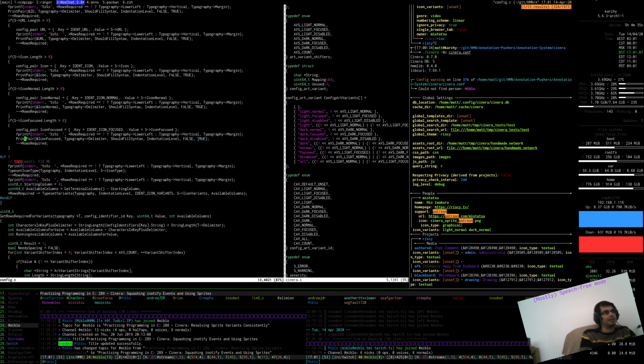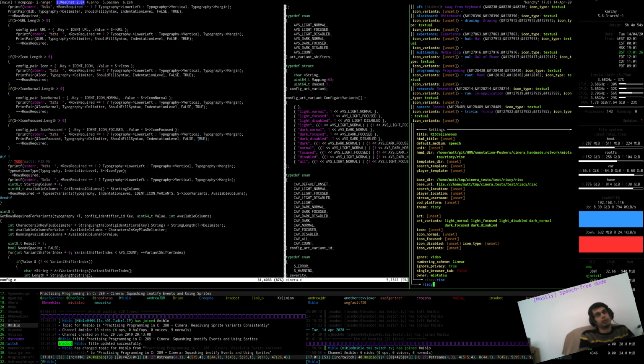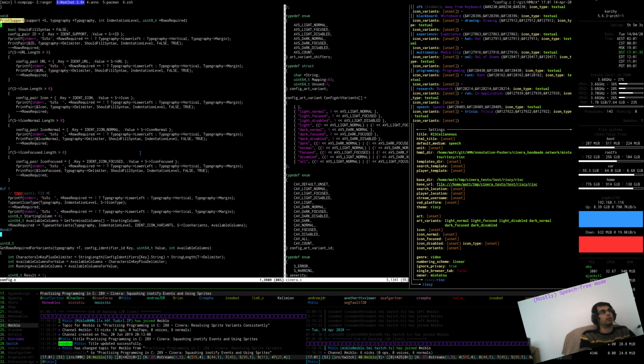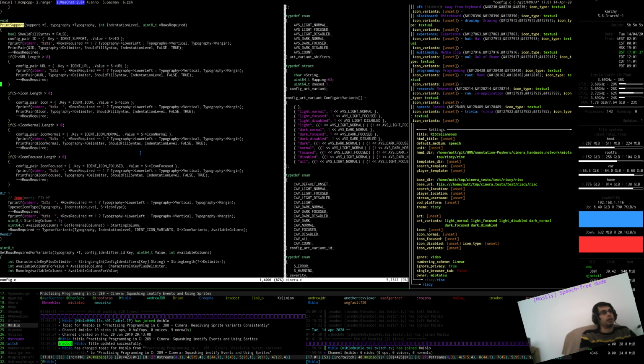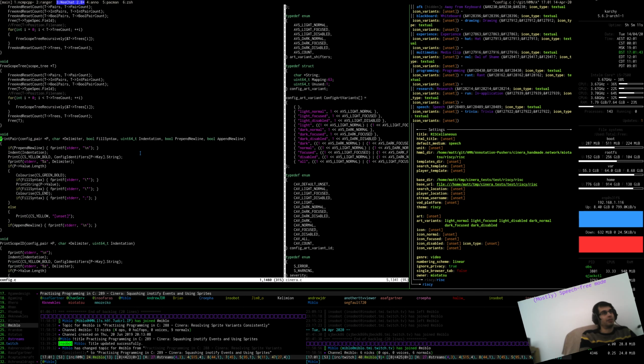Okay. Now, because these types of icon types are specific to this function, aren't they? Oh, hang on, no, they're not. Oh, that's a point. Am I screwing up some other things? Yeah, I am. So this actually needs to take some more information. Sorry, the typeset variants. So in the same way that the print pair takes stuff like the prepend new line and append new line,